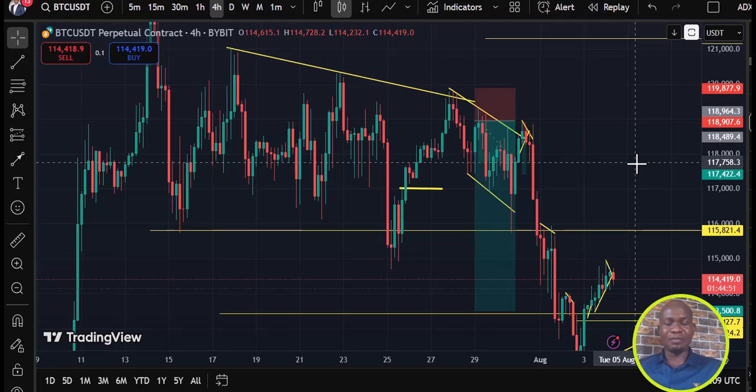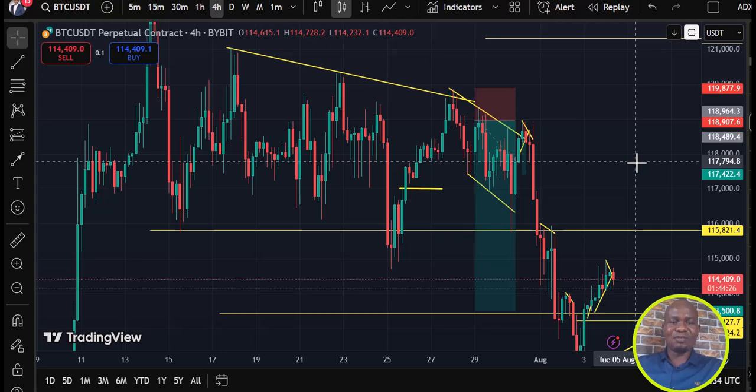Before I became profitable as a trader, I used to cluster my chart with all manner of indicators, hoping that once you have a crossover here and there, you'll be able to bank and make a lot of profit. But I was wrong. Thanks be to God, wave analysis changed the dynamics of trading because it measures the mass psychology of all the market participants. So pay attention as we dive into this trade.